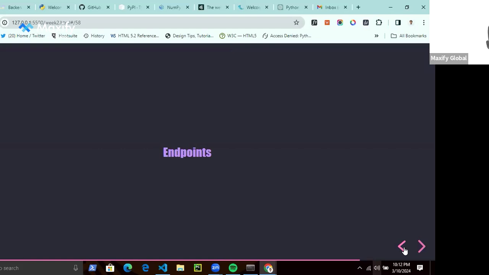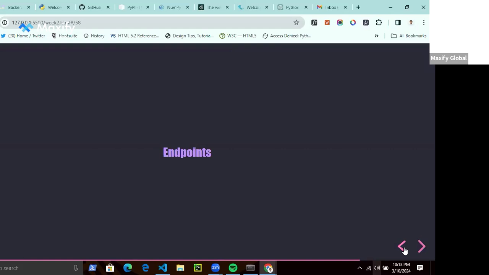Then you have a put method. The put method updates particular information on the server, in the database via the server. Then we have the delete. The delete method to a particular endpoint helps you to delete a particular resource on the server. So these are the four HTTP methods that can be used in a particular endpoint: the get method, the put method, the post method, and then the delete method. Beyond this, there are certain protocols that we must obey, like HTTPS and all of those things.